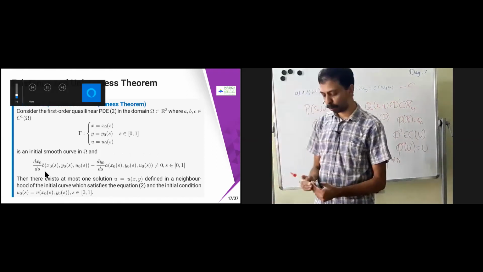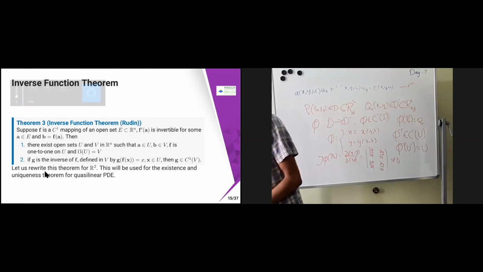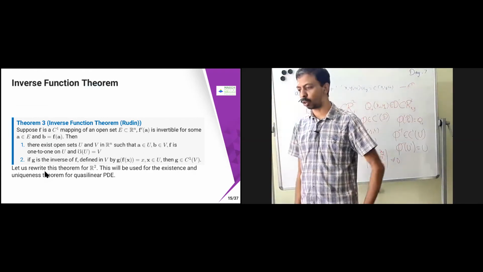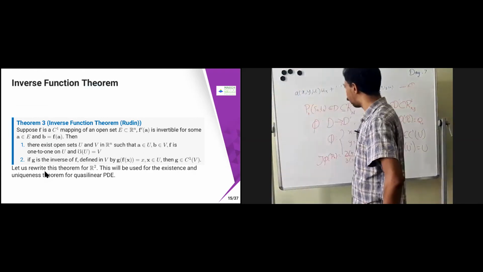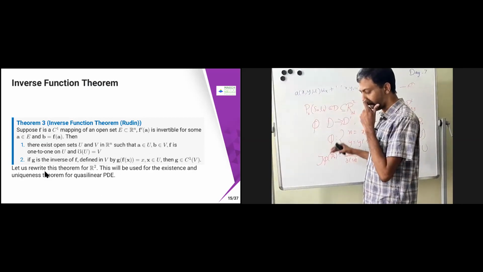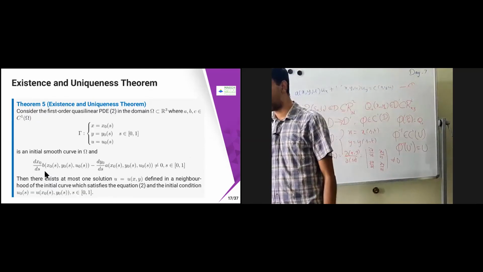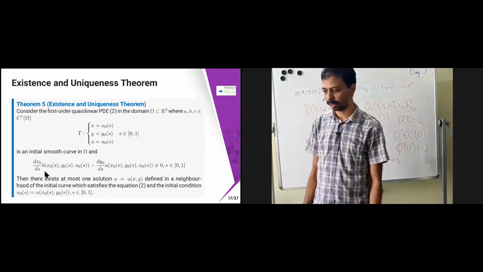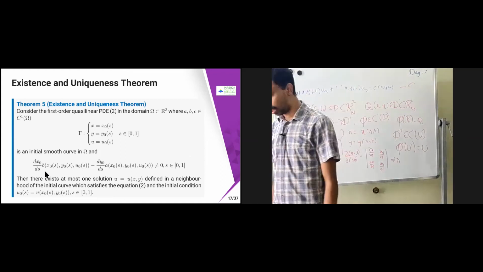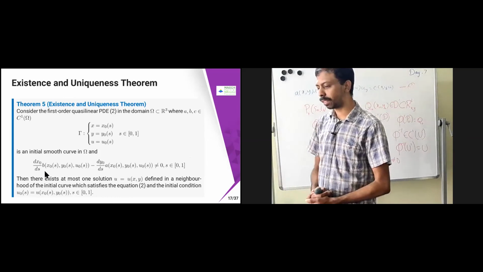Now what we are trying to prove is the alternative, meaning whatever we have written in the inverse function theorem in the rule book, the same theorem we are writing in terms of our partial differential equations setup, or the ordinary differential equation setup. Now we are going to use this theorem for our existence and uniqueness theorem. That is the reason for stating this theorem.